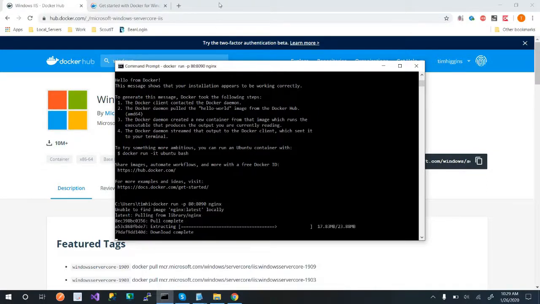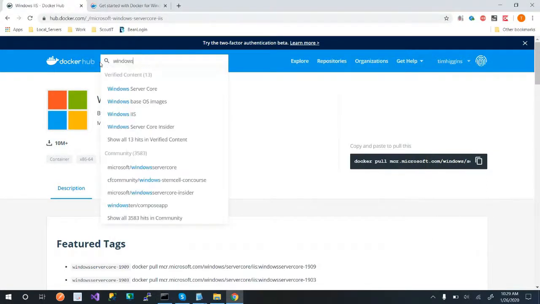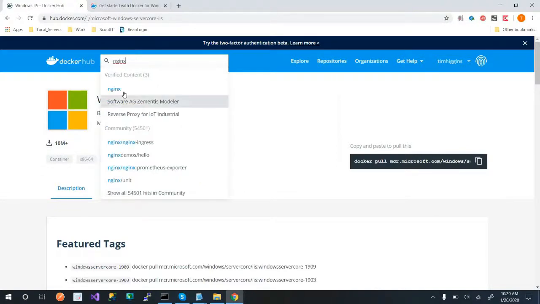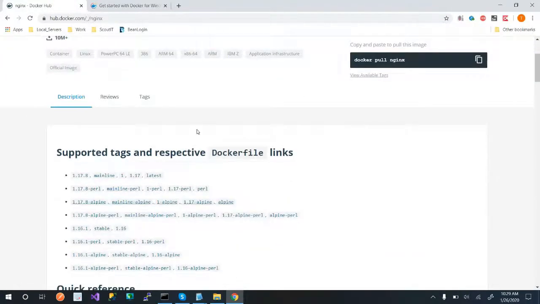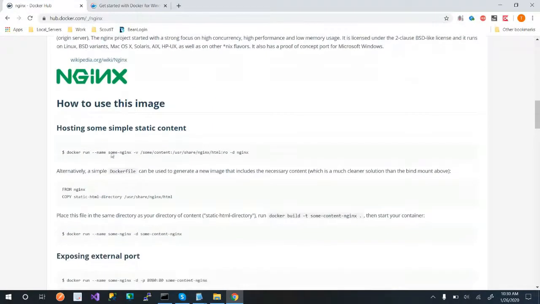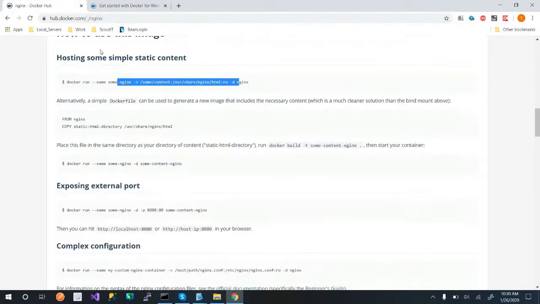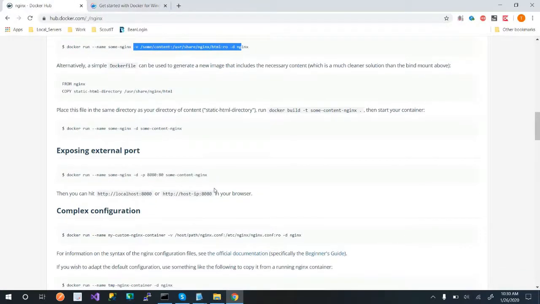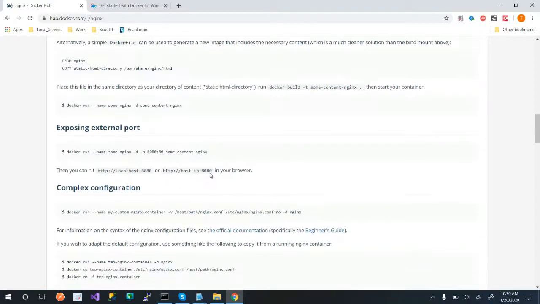So if I go look at this, it tells me all the tags. There's a quick getting started reference. This was what I was going to say now. The concept too, this creates a virtual drive. I may do a video later on for how to do that, because how do you get files from your PC to there? Here's the run. Okay, that's what I was trying to do.